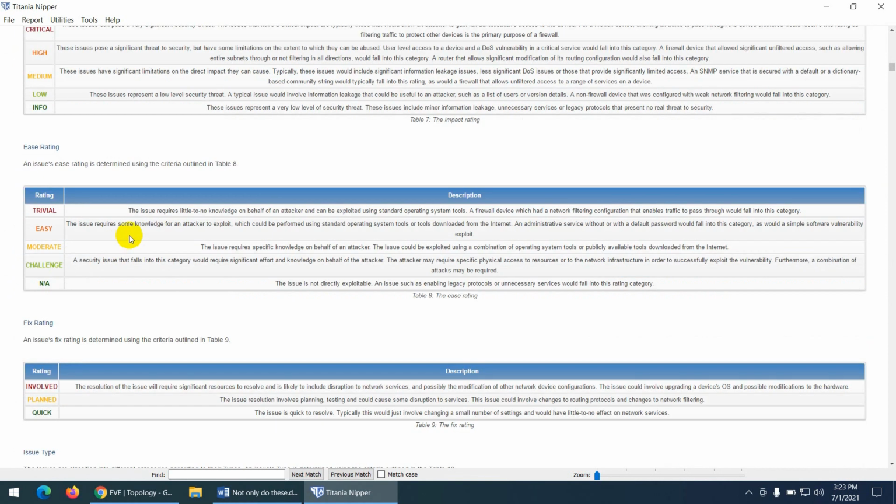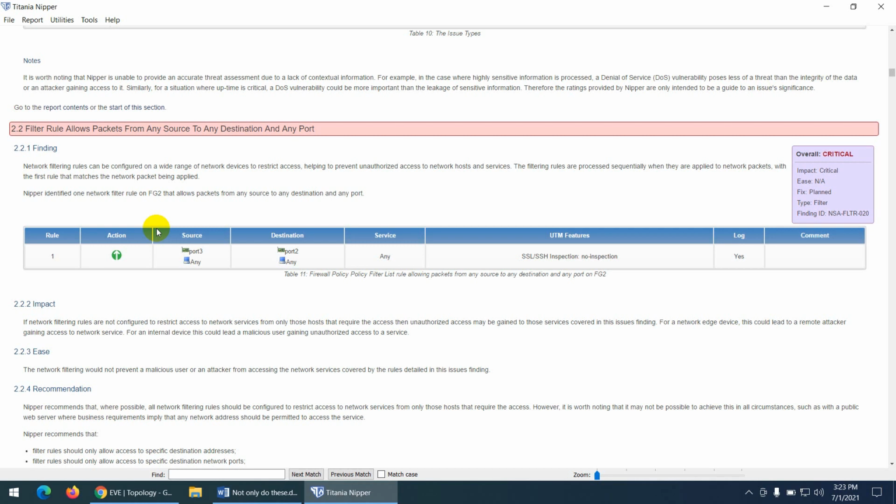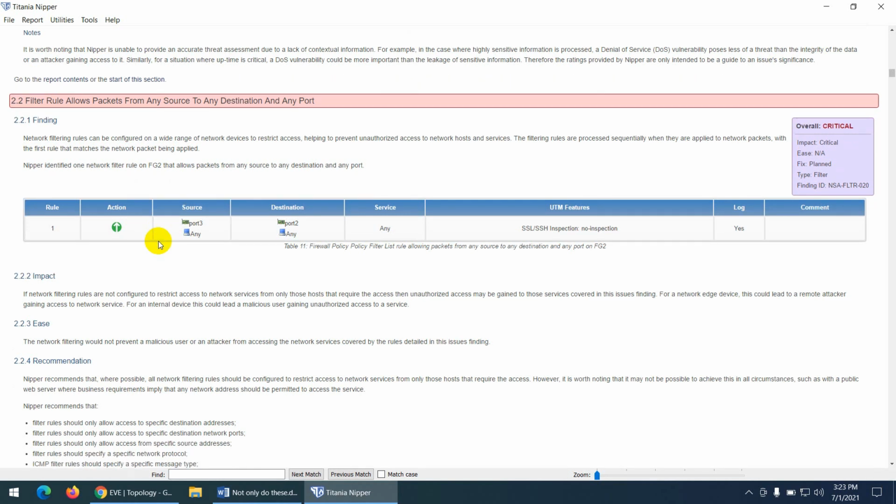So after a while, how many are critical? Anyway, let me go directly. The first thing is a rule that allows packets from any source to any destination, any port. They say there is a rule which allowed each and everything, any source, any destination, any services, which is not recommended.